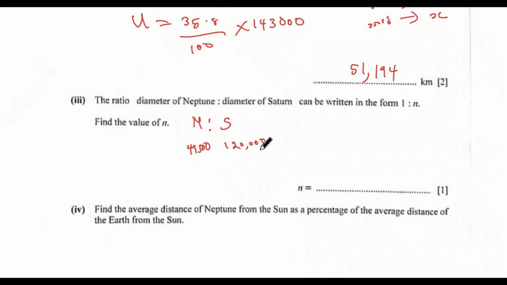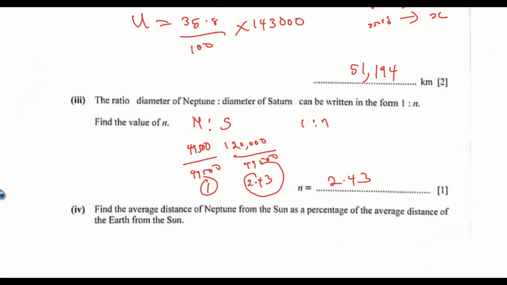120,500 respectively. So if we want to have 1 ratio n, so that means we need to divide this by 49500. We divide these two by 49500. So that will give us 1 to 2.43. So in form of 1 ratio n, now if you compare this 1 ratio 2.43 with 1 ratio n, so you see that n is equals to